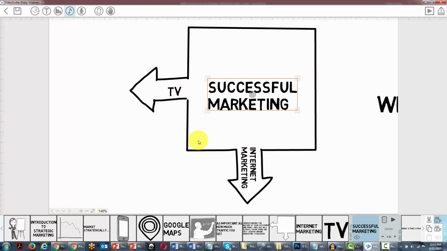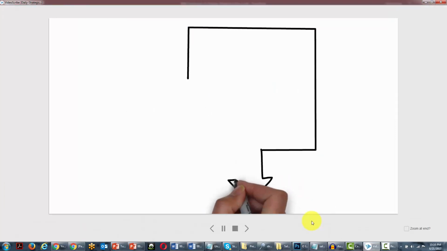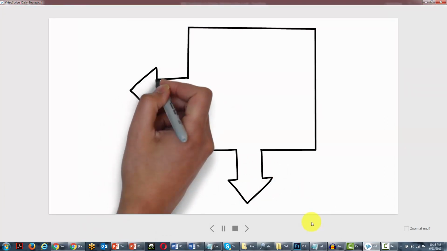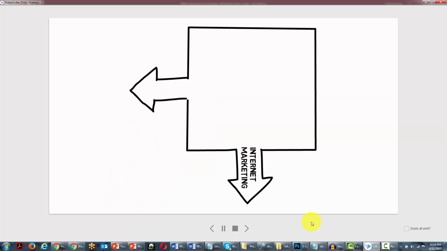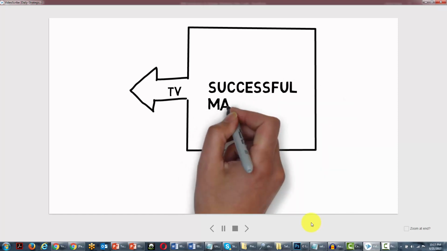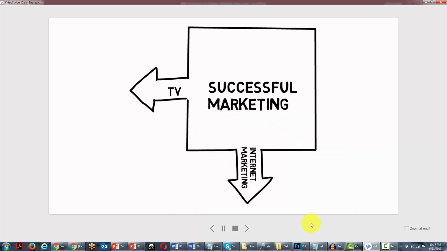Now, it will be instructive for you to just see how this scene was designed to play out inside the video software. As was said, every animation creation software is going to be a little different, but you want to see how this particular scene was designed with that slide. So we're just going to play this scribe. What's needed for you to understand is the basic framework for marketing. Whether a company is doing internet marketing or television commercials, there is a certain structure that all successful marketing and